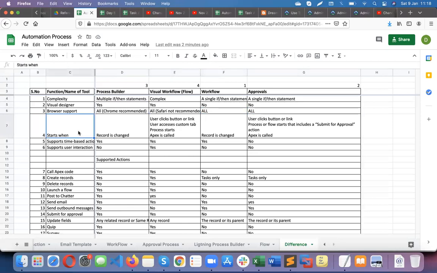Then when the actions will start: if there are any record changes, it will start. Users click on the button or link.